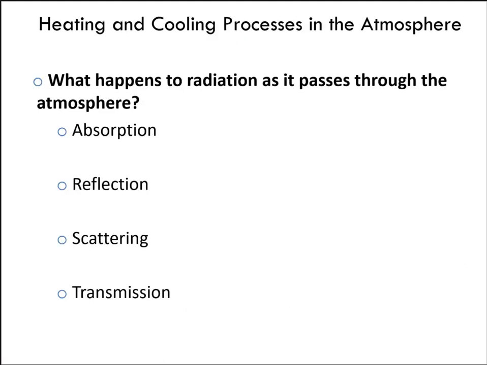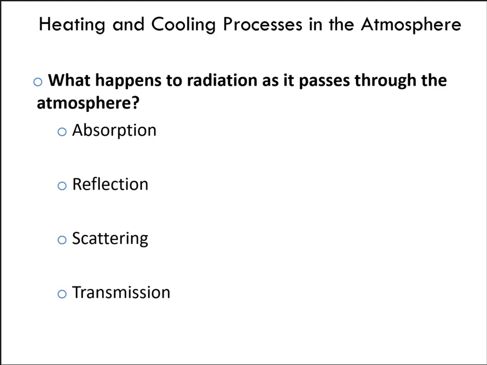So here we're going to look at heating and cooling processes of the atmosphere. What happens to radiation as it passes through the atmosphere? Before we get into this, let's define what radiation is. As your text states, radiation is the process by which electromagnetic energy is transmitted from an object. While all objects emit energy, hotter bodies emit more energy than cooler objects. For example, the sun is much hotter than the Earth, so it emits 2 billion times more energy